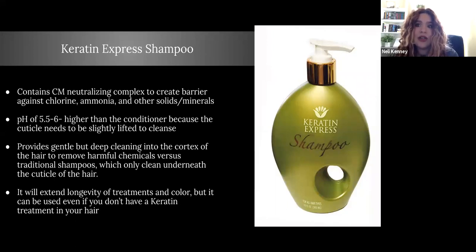The pH of the shampoo sits between a 5.5 and a 6, which is a little higher than the conditioner. And this is just because the cuticle of the hair needs to be slightly lifted in order for the shampoo to gently cleanse it. So we're not using a ton of chemicals to lift the cuticle. We're just trying to use this shampoo as a way to gently lift it so that the product can really absorb,